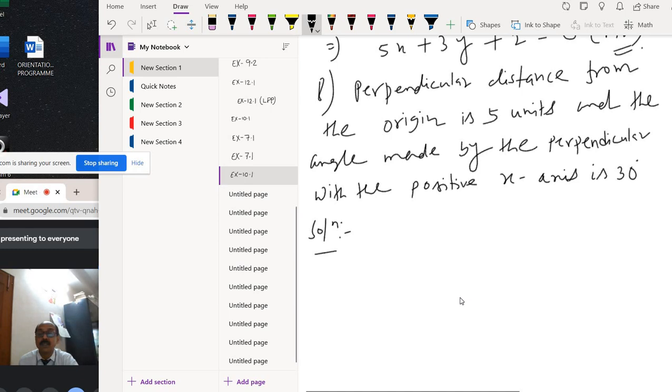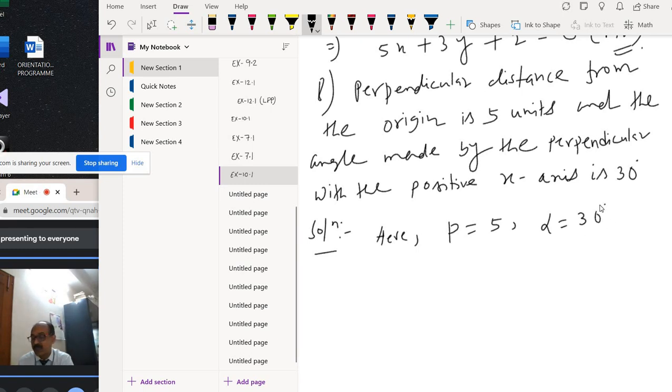This is the normal form. So here p equals 5 units, the perpendicular distance, and alpha equals 30 degrees. Okay. So the equation of the line is